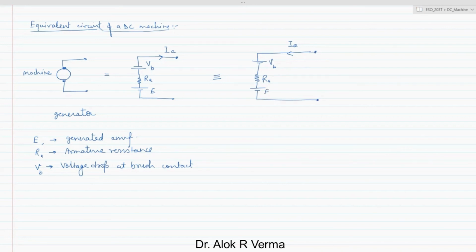So this is E. This is the equivalent circuit. In both cases, you can clearly understand that the current direction is reversed and the voltage drop in the brush terminal has changed when it is represented as a motor. Now, if you want to consider the types of DC motors,